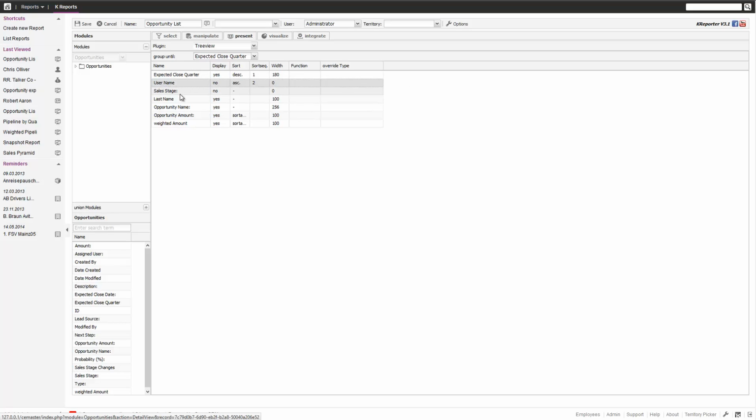That is fine. The sales stage, the last name we don't need, so we can reorganize that and then say, okay, we want to group until the opportunity name. So we'll see this afterwards, what the result is. So we can build a tree that will start at the close quarter, then have the username, then have the sales stage, and we can shift this around, then have the sales stage, then the username, regarding whatever is more